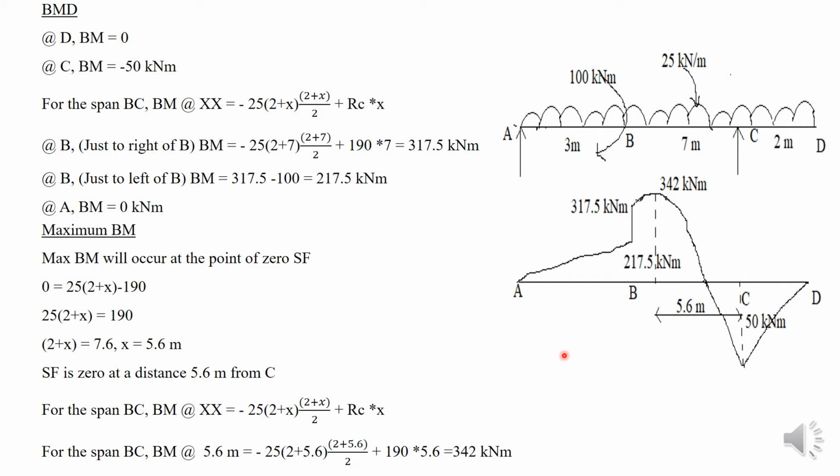Also you can see one thing in this bending moment diagram. Here, at this point, the value of bending moment changes from negative to positive. That means at a particular point the value of bending moment is 0, and that point is called the point of contraflexure or point of inflection. We have to find that point. Take the equation for bending moment at a section x at a distance x from C, equate it to 0 and find the value of x.